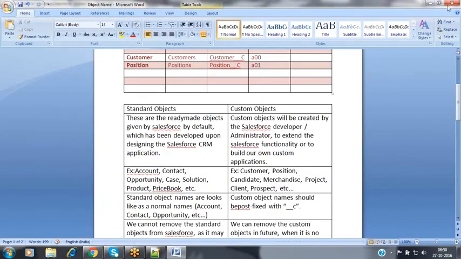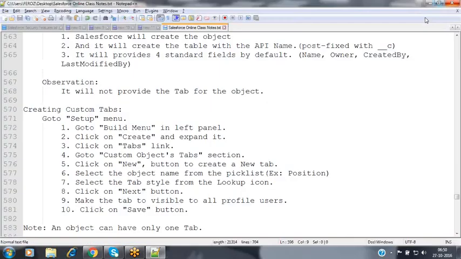Feroz, just one question. You remember you showed us how to do the query from the database, right? Yes. Is it going to be different for these custom tables? It's not that different. The navigation is the same, except that for the table name, like Account, we simply specify the custom object name with __c. Let me show you here.